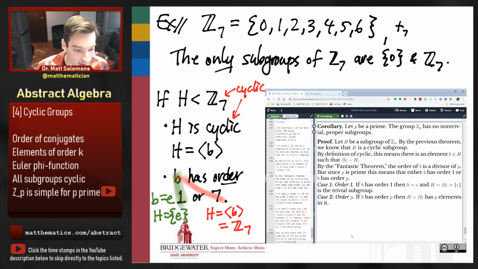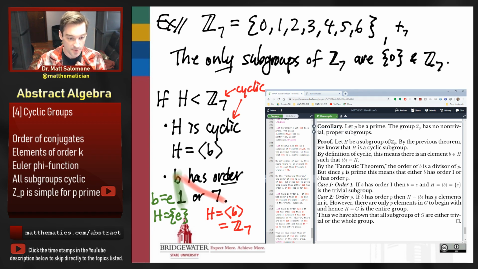And the only thing I did that is not good here is I have a surprise symbol. My surprise symbol here is G. I accidentally forgot that we were being very explicit here about starting with the group Z mod P. So I'm just going to replace every instance where I said G here with Z mod P instead. Z mod P, Z mod P, recompile it. There we go. So there's our proof of this corollary.